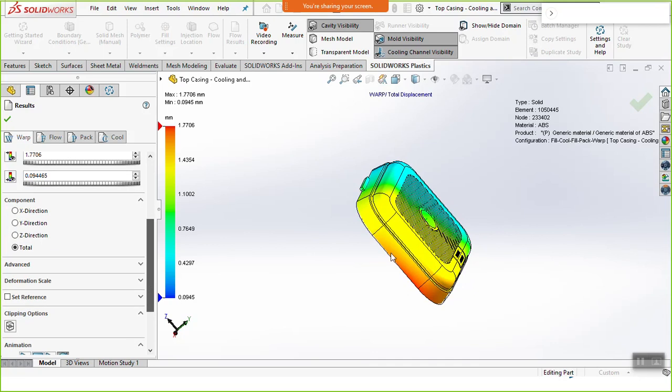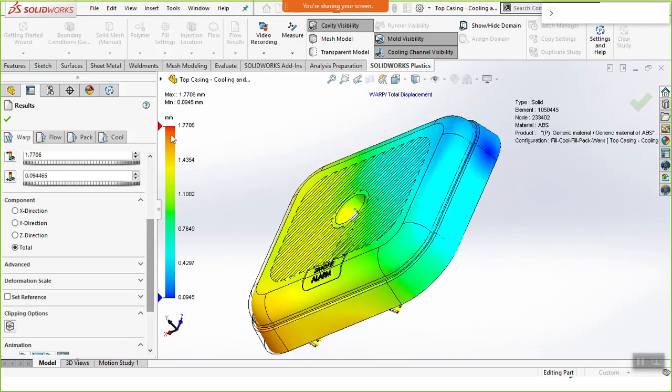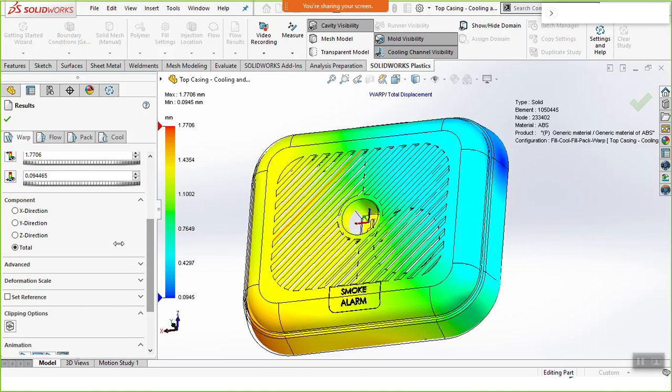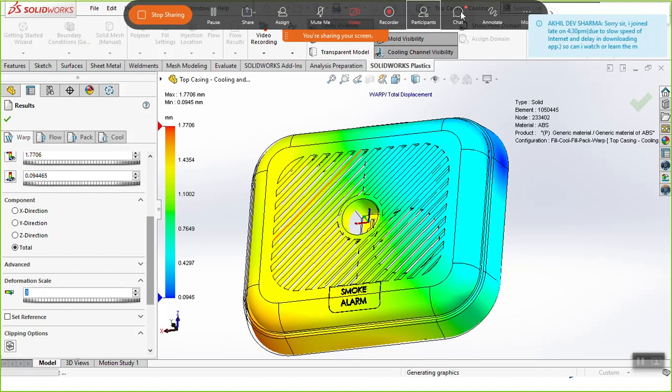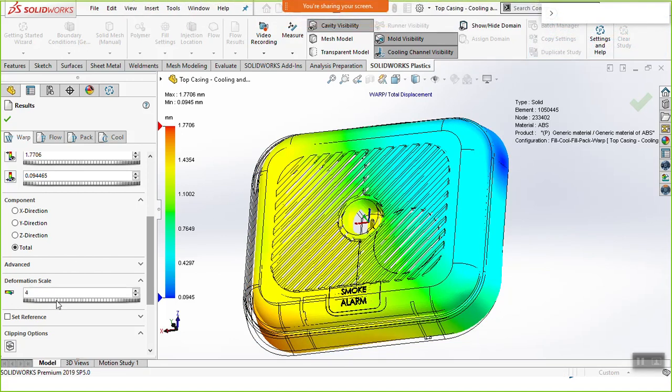Okay, so for this part, you can see here how much it is getting shrunk. It is 1.77 in this direction and 0.09 over here, right? So let me just change the deformation scale. Right now it is a true scale, but just for your easy understanding, I'll increase the scale.